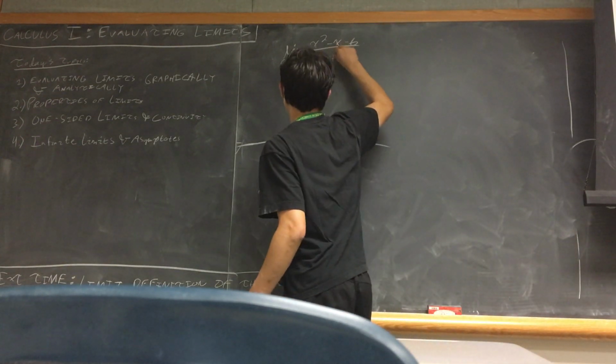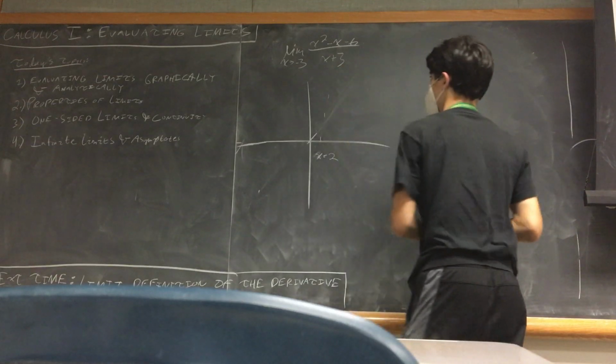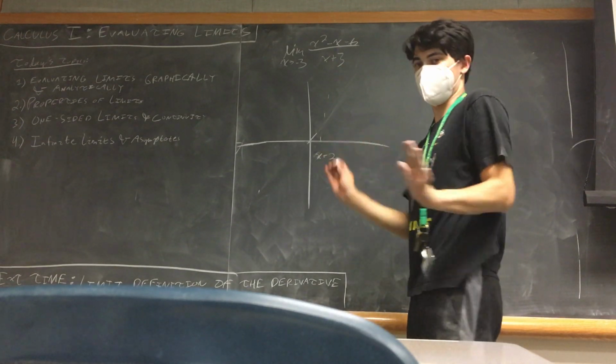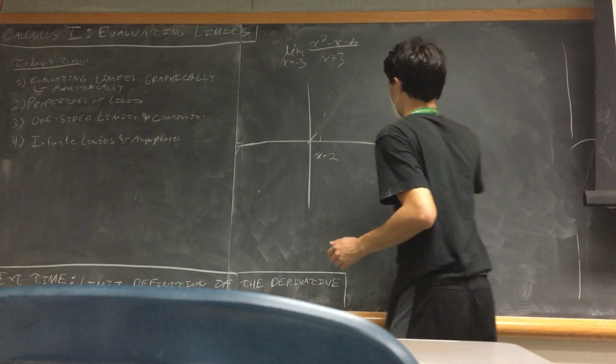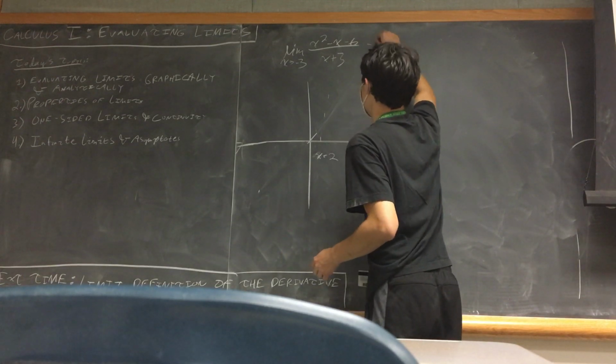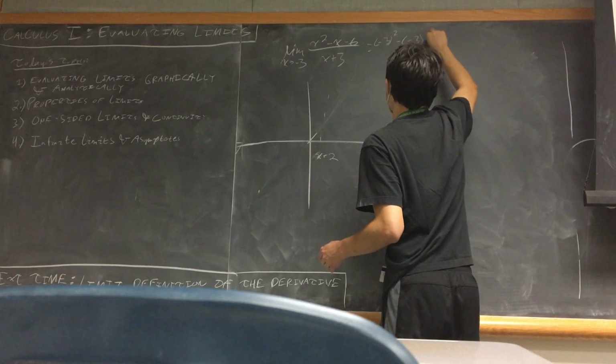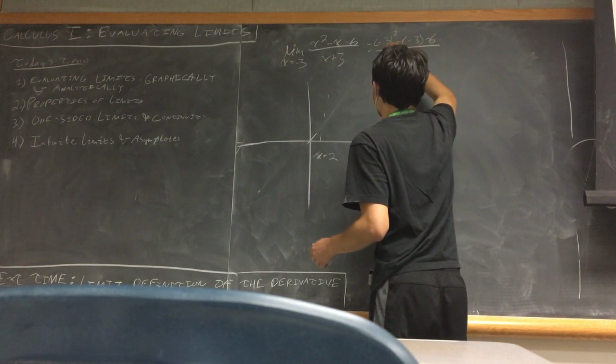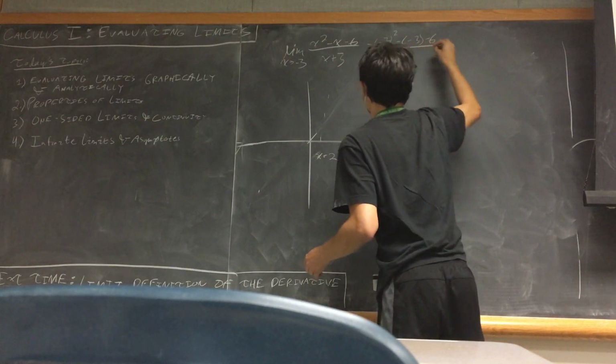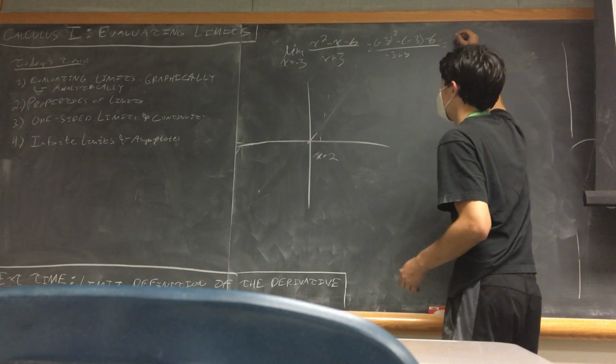So here's the limit that we've got. Let's start by trying direct substitution. See if this works. So we get -3 squared minus -3 minus 6 over -3 plus 3 is equal to